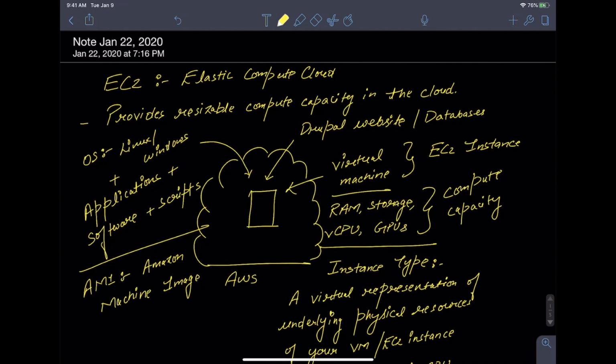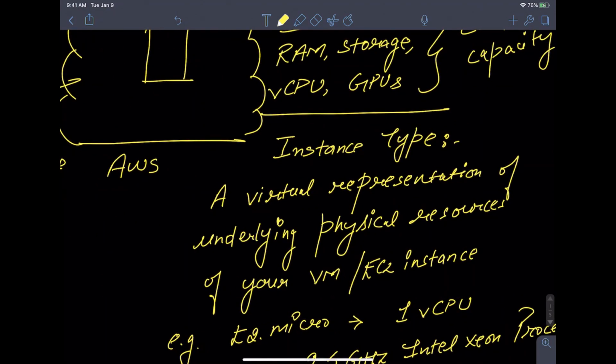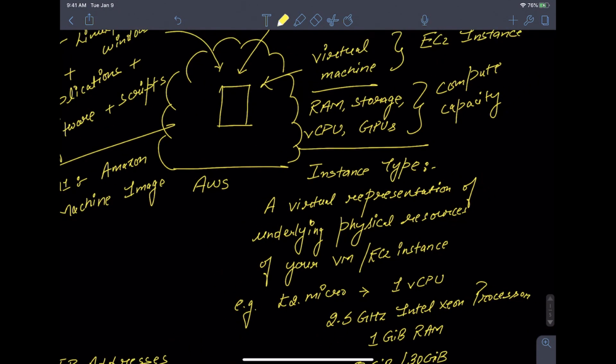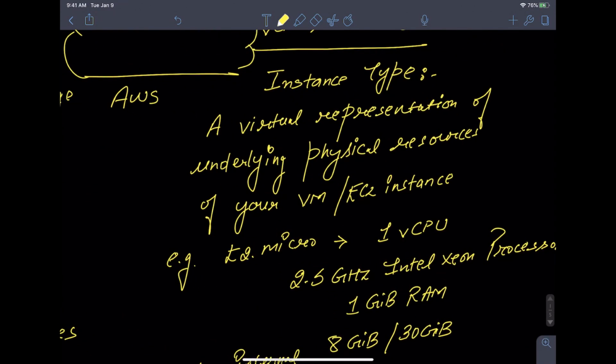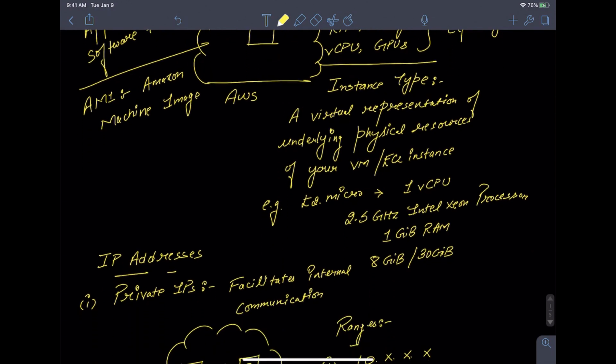One thing I missed out. The instance's compute specifications, how much RAM, storage, virtual CPU, GPUs will be given to you, is defined by the instance type that you have. So what's instance type? It's a virtual representation of the underlying physical resources. Depending on the instance type that you choose, you get the amount of RAM, storage, or